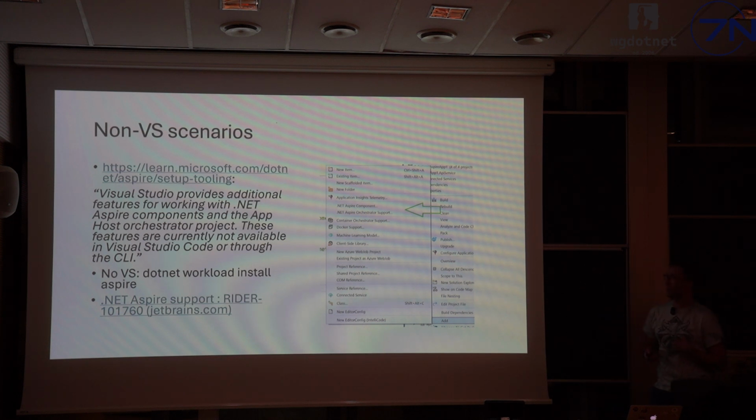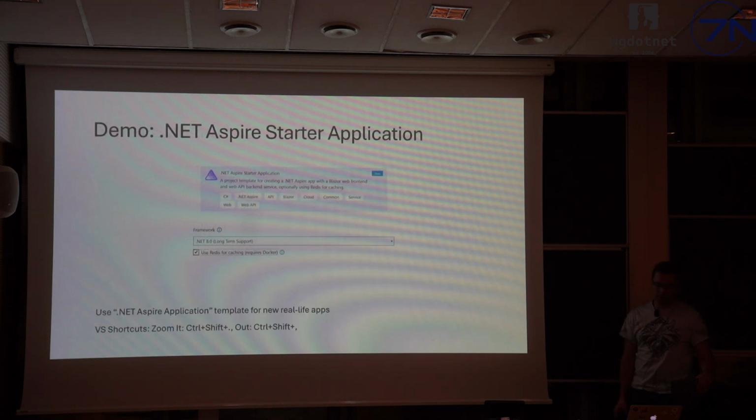But what is important, I don't want to scare you with Visual Studio as a must or a plugin as a must. If you just right-click on a project in Visual Studio, you can see .NET Aspire component and .NET Aspire orchestrator support. But you can achieve all of that without built-in features, because all .NET Aspire components are simply NuGet packages. What it does is install a NuGet package for you. So it's not a big deal if for some reason you cannot use the latest preview of Visual Studio. Yeah, and now let's switch to a demo.